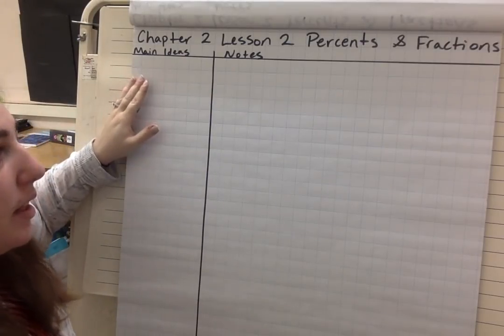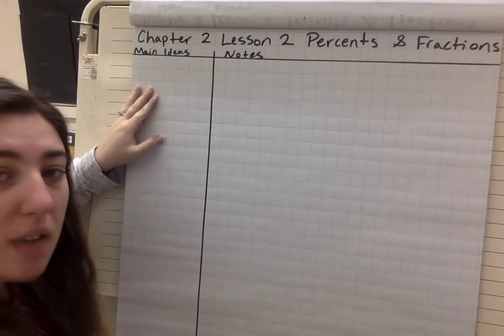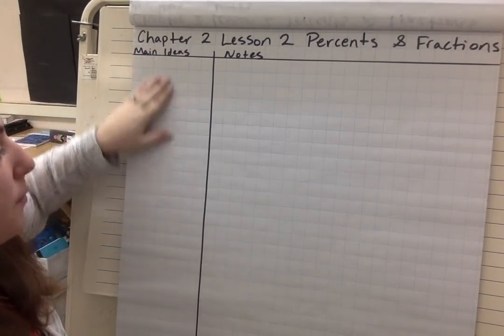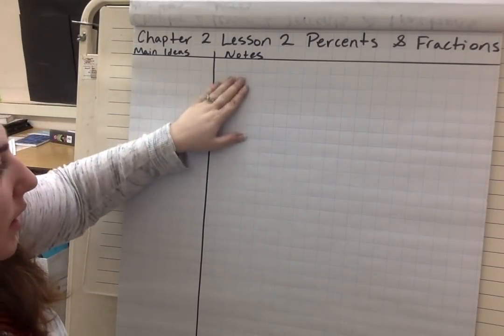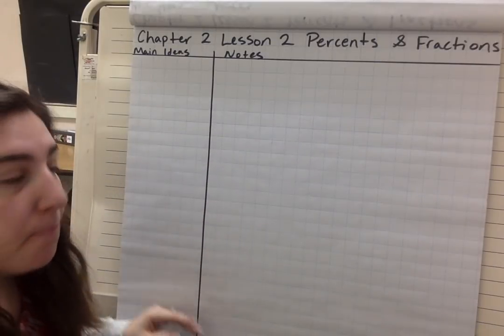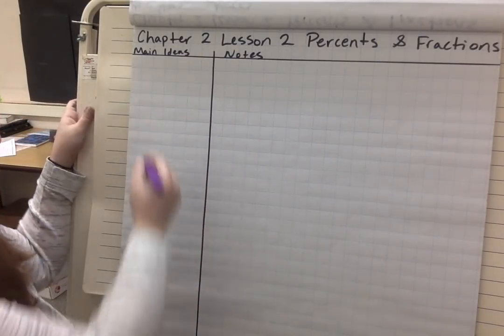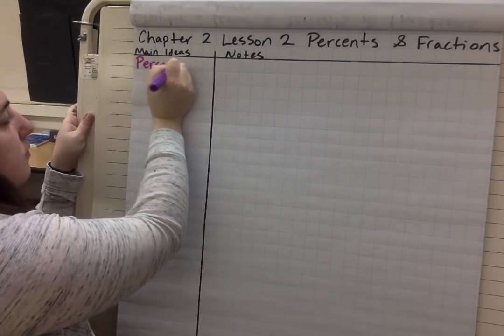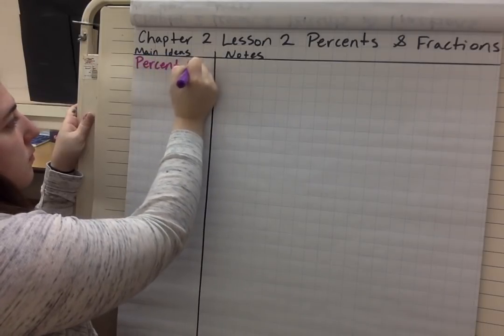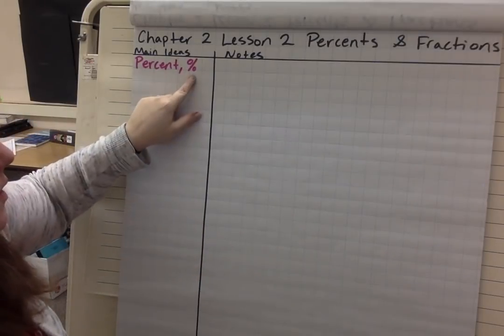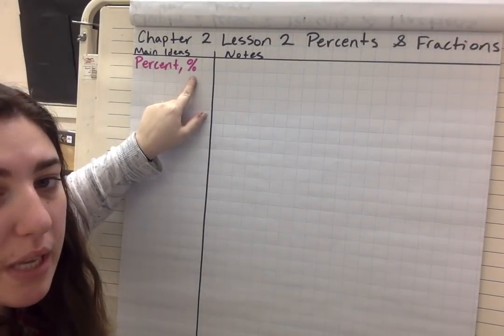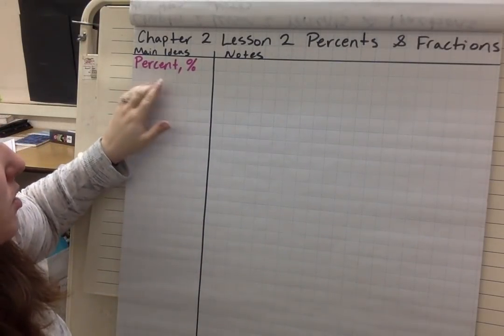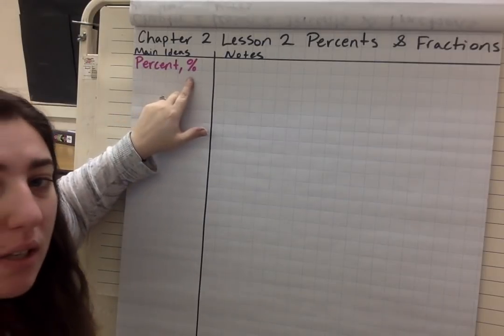And again, anything that I write down, please copy down. You should have your main ideas column and your notes column. Okay, so main ideas, let's write percent. Okay, and this is the symbol that we use for percent. So anytime you see the word percent or you see this symbol,